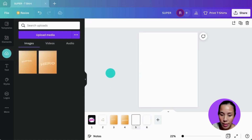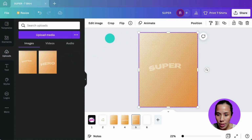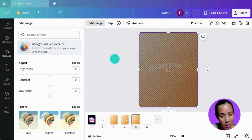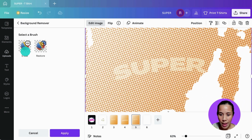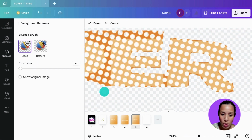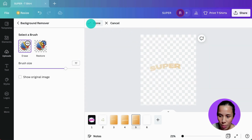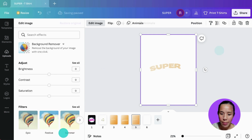So upload that, and then once it's done uploading, choose this one and then make this fill the whole page, and then go to edit image, background remover, and this is not gonna be perfect and it's all right. So let's zoom in, and that white text is going to be our guide. So what we're going to do is we're going to choose the erase button and then erase around this one. Now this doesn't have to be perfect, just make it as close as you can to your letters,